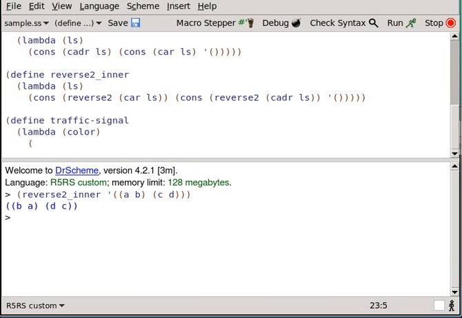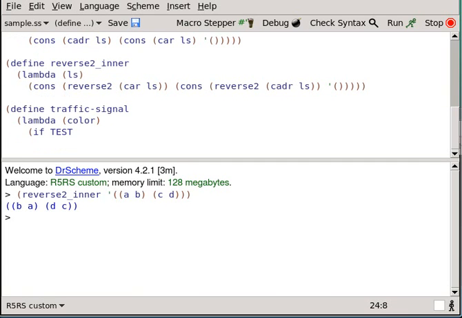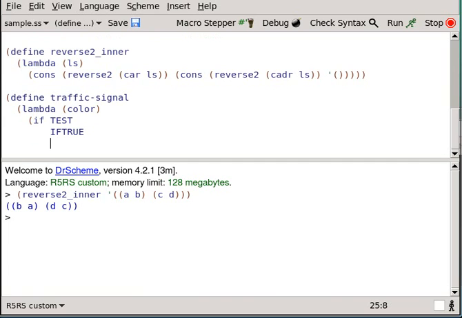You do if, some test which is either true or false, and then you do what's called the consequent. I'll just call it if true, and then you do this, the alternative, if it's false. And you don't have to have the alternative actually, but here we're going to make it so that if it's